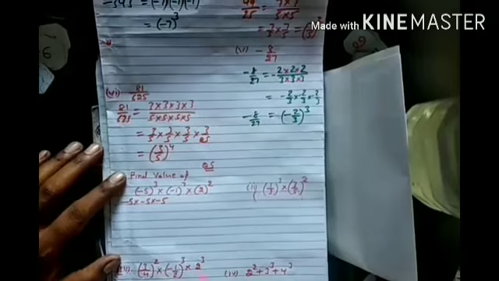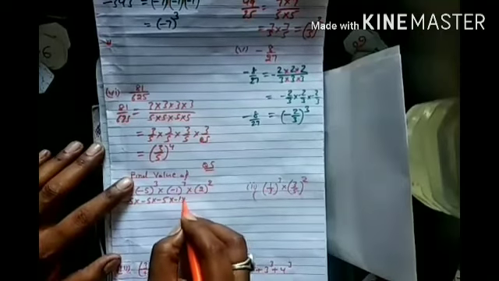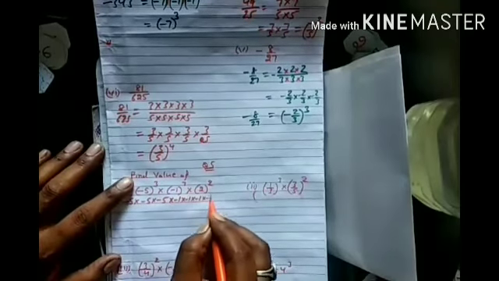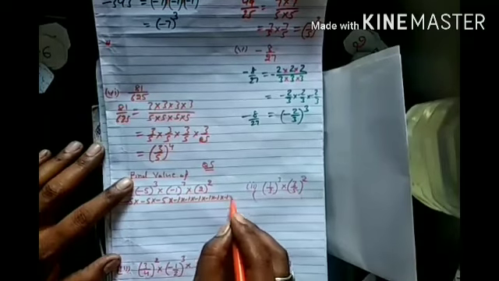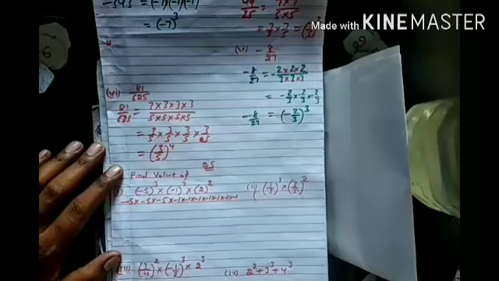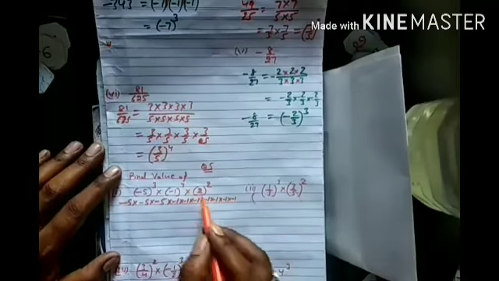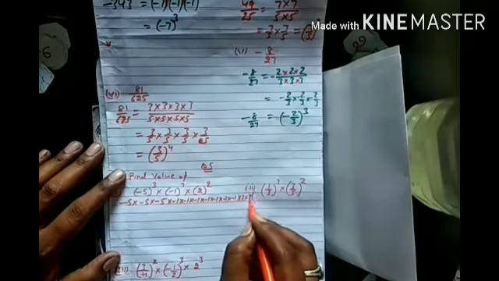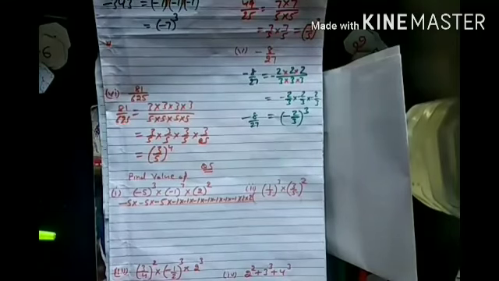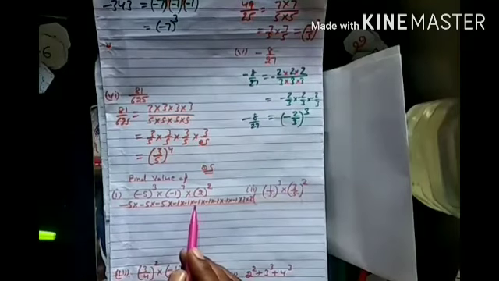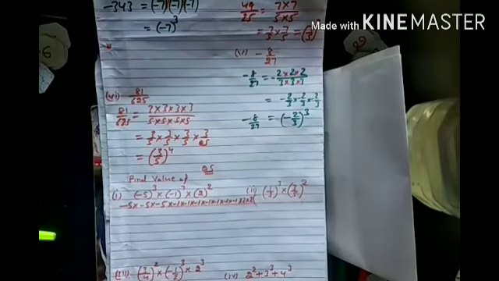So minus 1, minus 1, minus 1, minus 1, minus 1, minus 1. 1, 2, 3, 4, 5, 6. 1 time more. That is this. After that, 2 is multiplied 2 times. 2 multiply 2. Okay. Now, you will see how many times a minus symbol is going to be multiplied here. 1, 2, 3, 4, 5, 6, 7, 8, 9, 10. The minus symbol is multiplied an even number of times. Therefore, the answer will be plus.